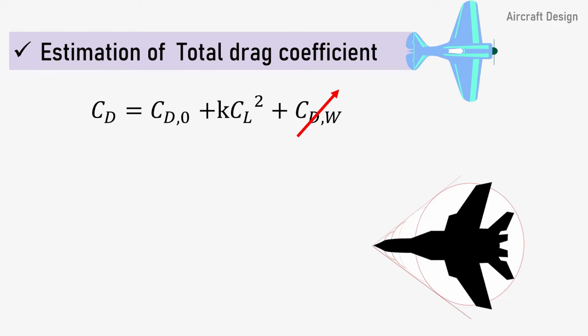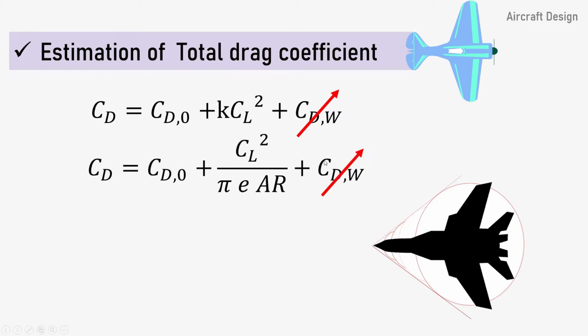But when you are designing a supersonic aircraft, wave drag is the dominant one. In a later part of the video, I will explain the formula used for the wave drag coefficient for a supersonic aircraft. Note that the CD value, that is CD naught plus the CDi factor, is common for all aircraft.